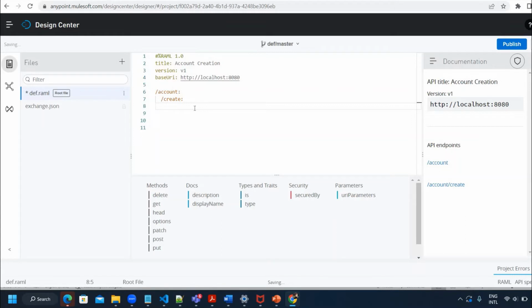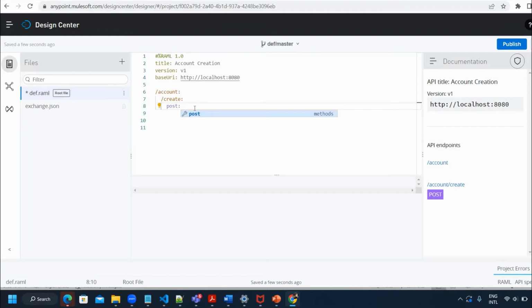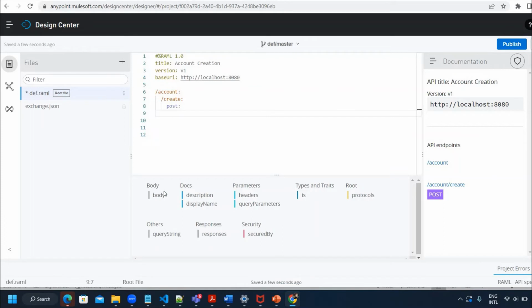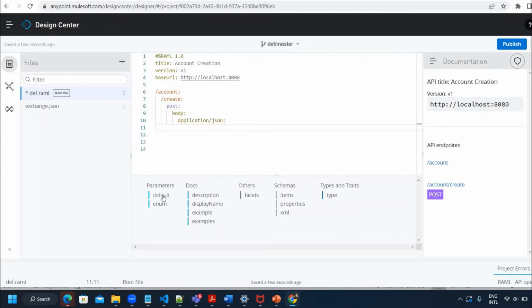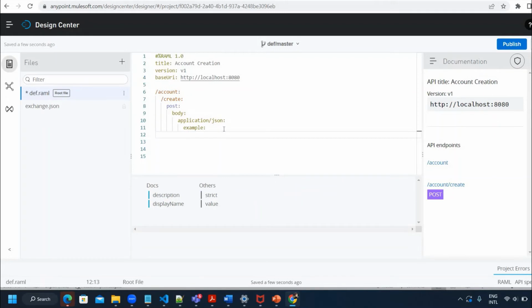Then you can select the HTTP method. So I will use the post method. Post will be used to create the HTTP resource. After post, I have to select the body because post will have the request body. And then what would be the data type of the API request? So I'm selecting application JSON over here. And then I have to give some example, like what would be my request type here. So the example I can